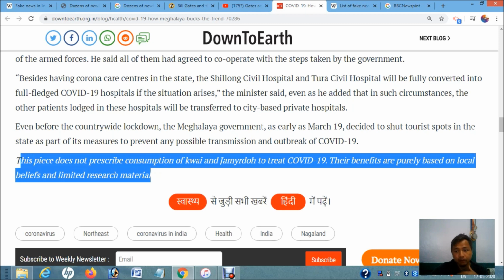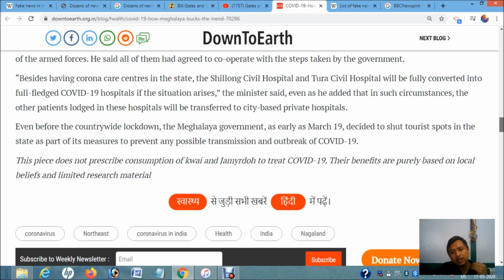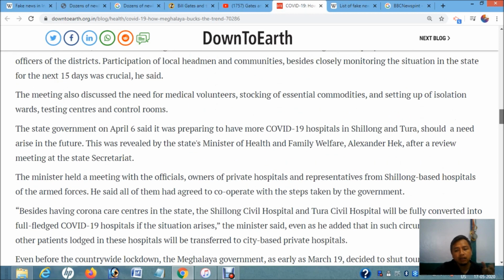Their benefits are purely based on local beliefs and limited research material. You see, even small news such as Kwai and Jamarda can spread a lot, and it has created an impact on the economy, because during the lockdown in our local market, plenty of Jamarda sales picked up, and people started eating a lot of Jamarda.